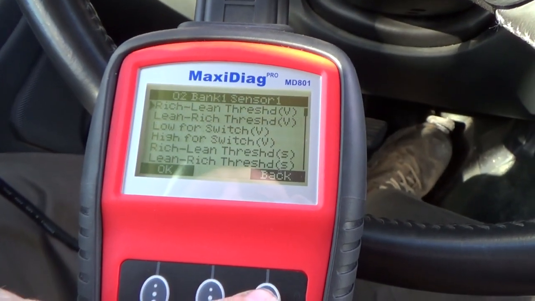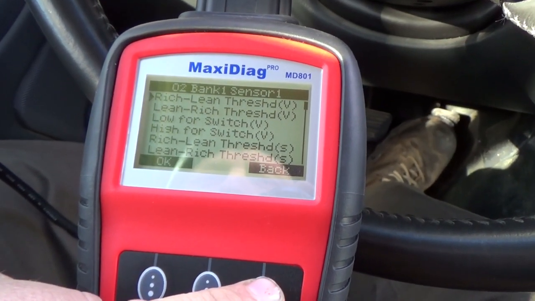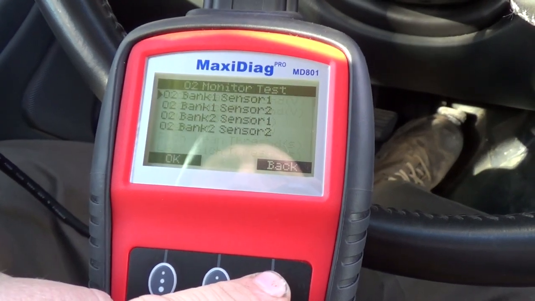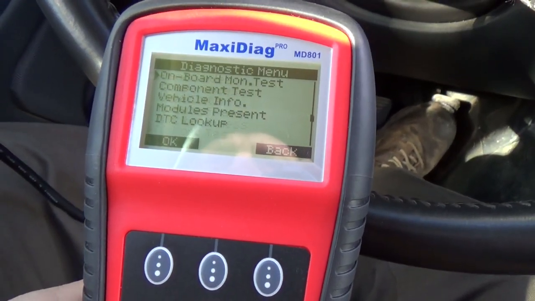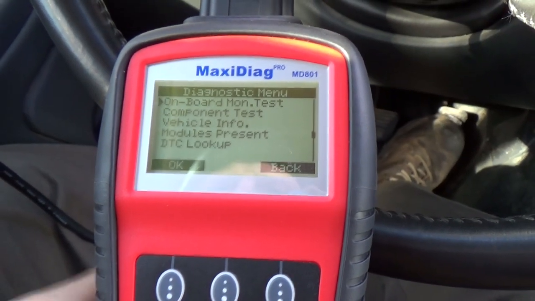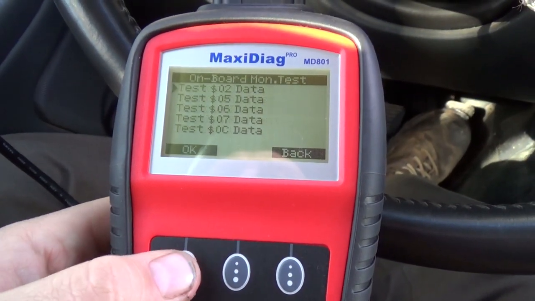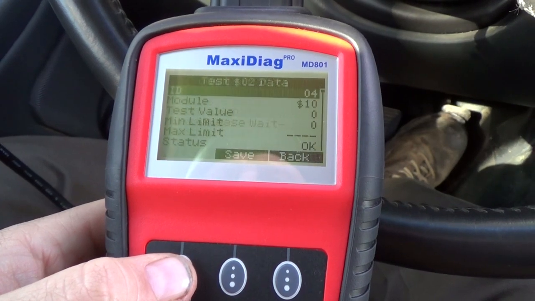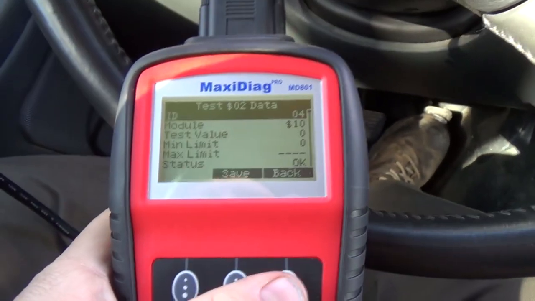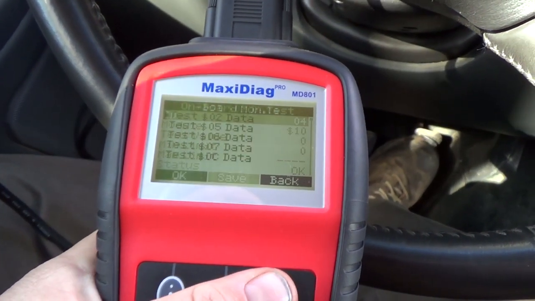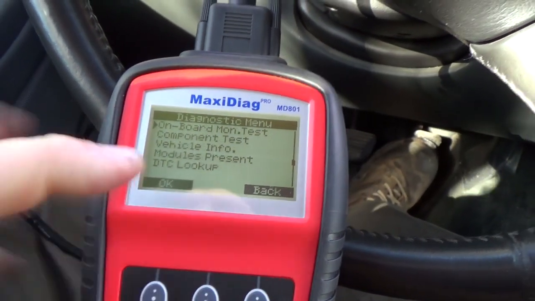I'm not trained in this stuff, right? So I have no idea. Just basically wanted to read codes. Onboard monitor test. I have no idea. I'm pretty sure I can't mess stuff up with this thing. It's not that good of a tester, but